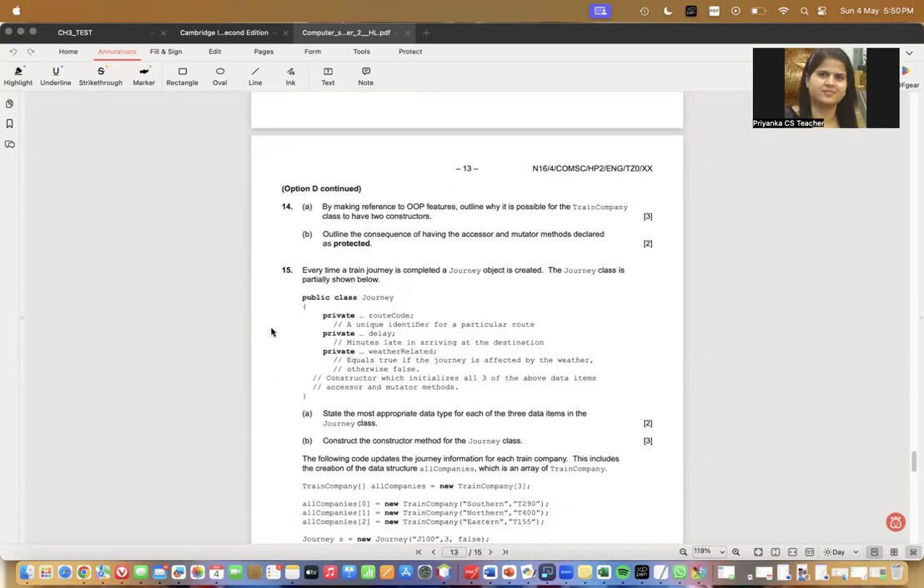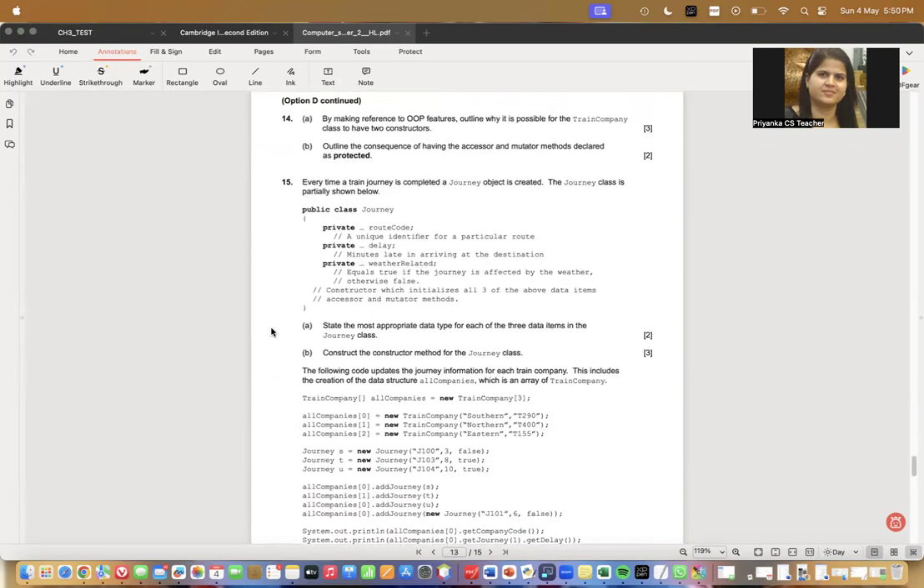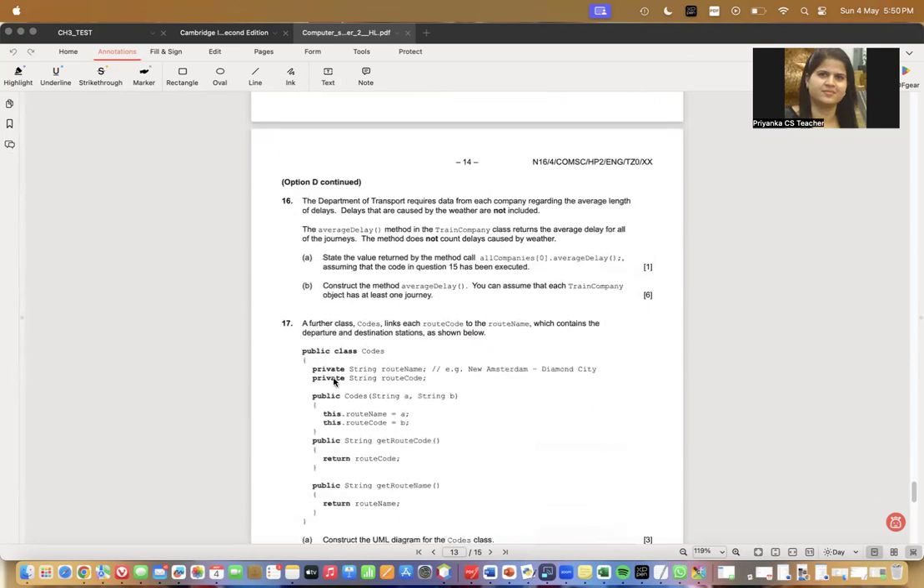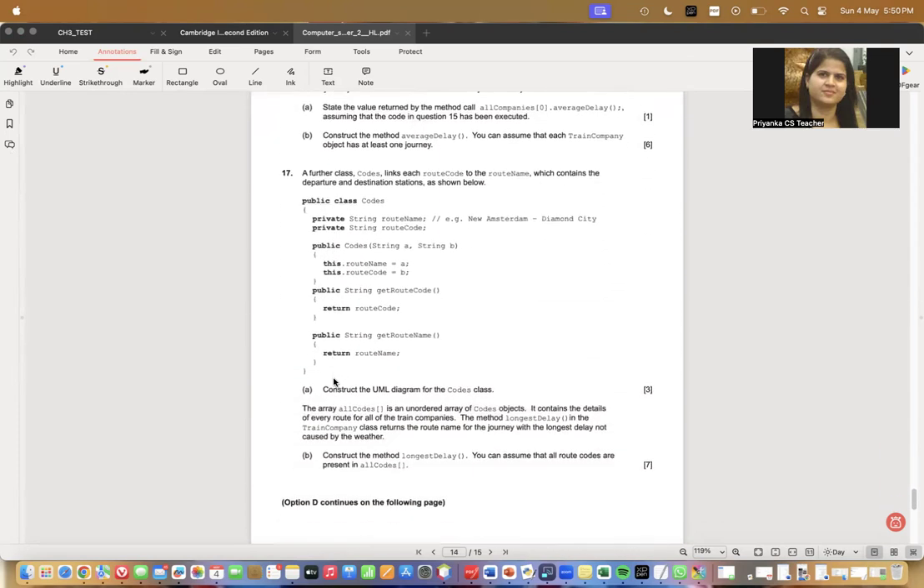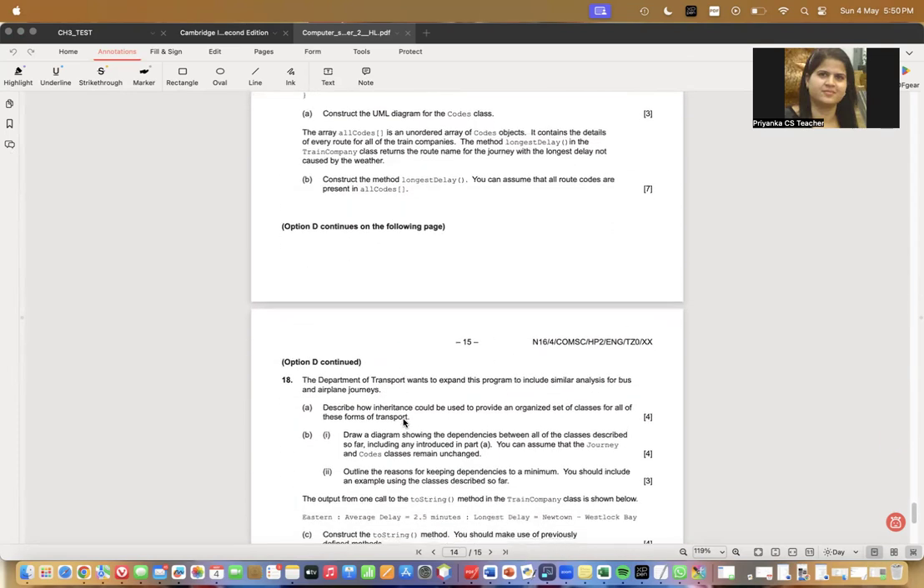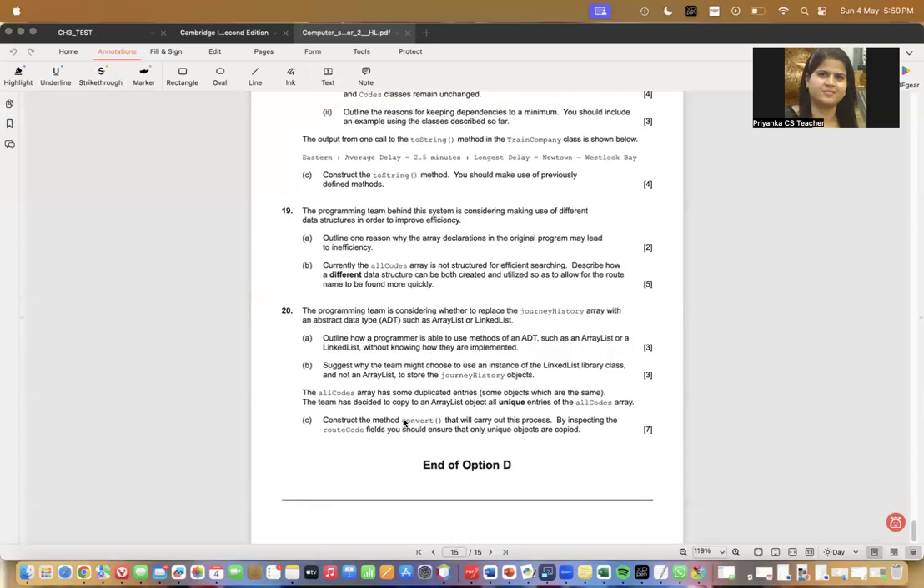There is another class, journey, and in the journey class you have route code, delay, and the weather related Boolean variable. And this is the codes array, with route name and route code. We are solving this last question, and